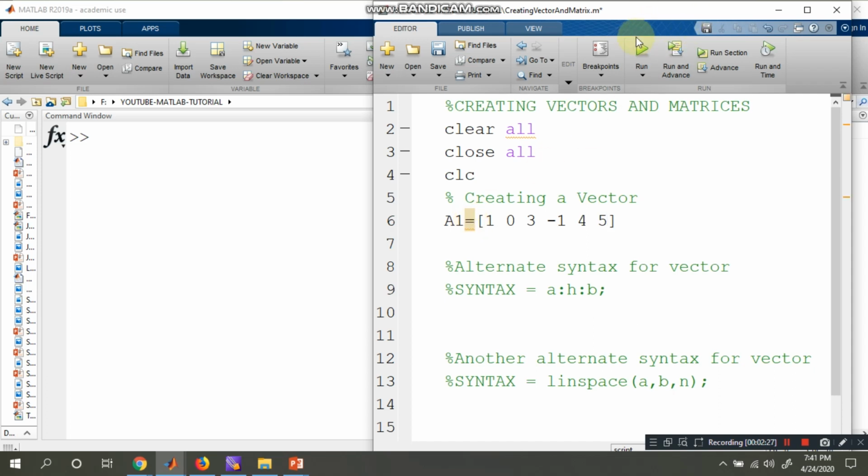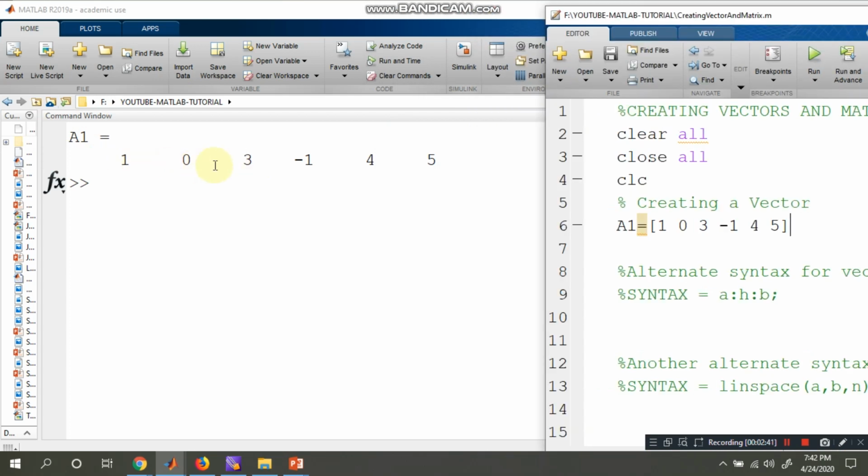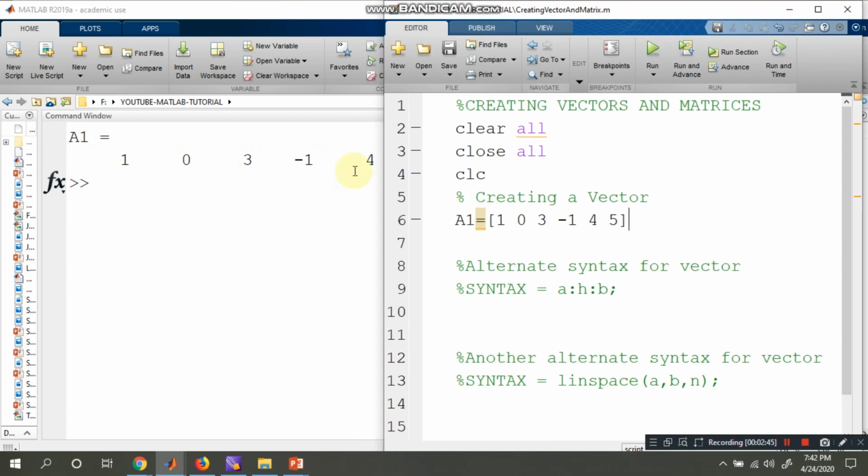Now run this file and observe the output over the command window on the left-hand side. Now observe here the same vector A1: 1 0 3 -1 4 5. So this is how we create a vector in MATLAB.